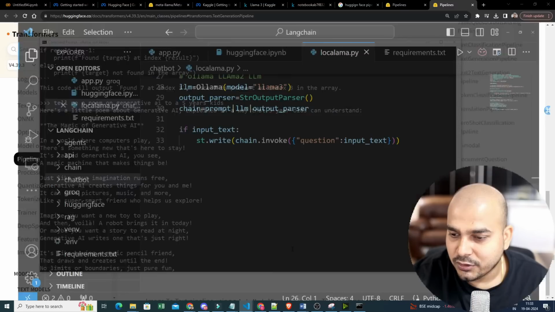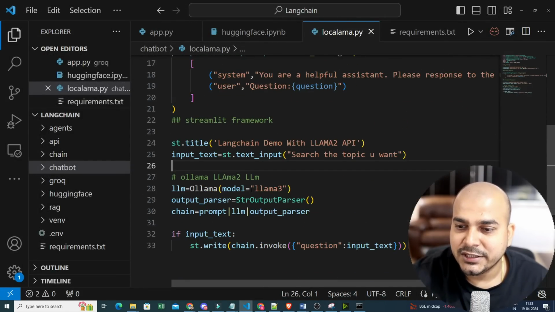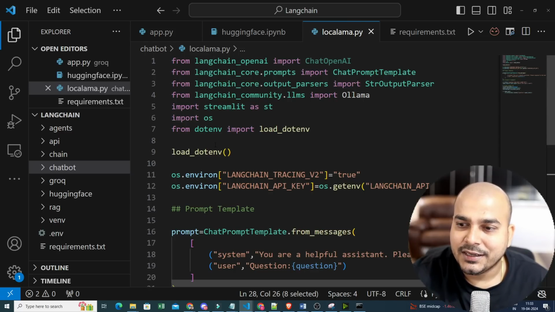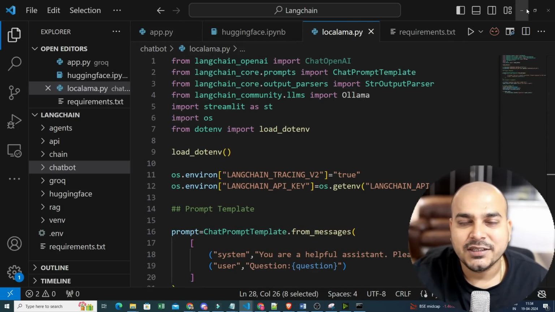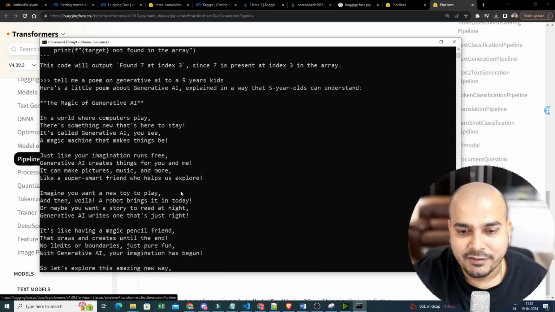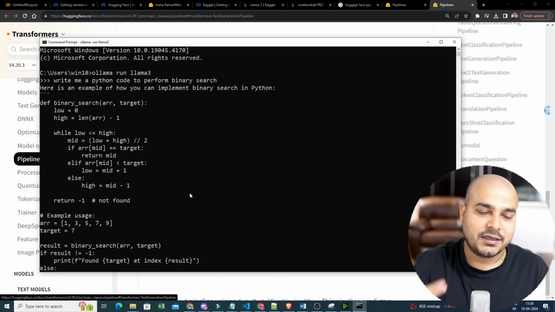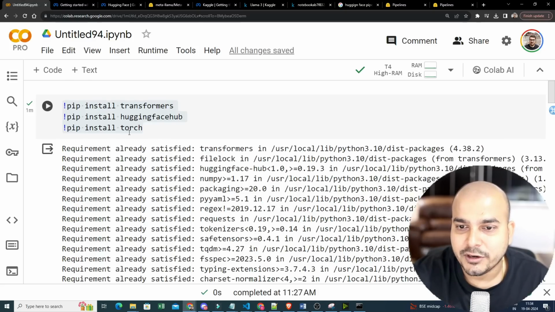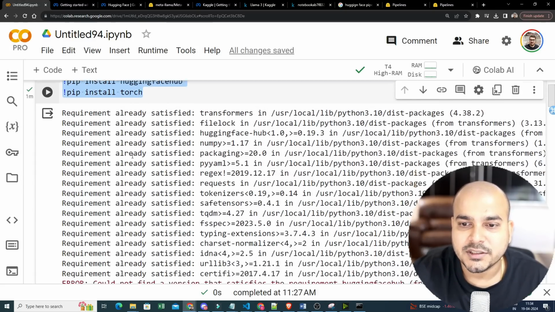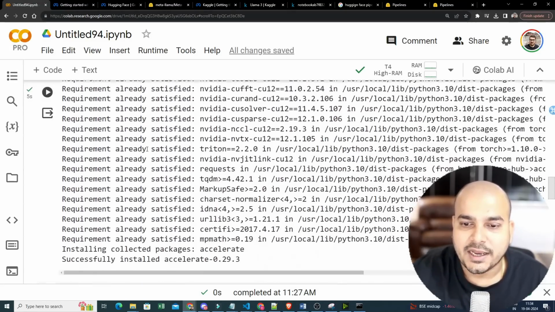If I show you the code, you just need to write the model name as llama3, and I think everything will work. It can be an end-to-end project, it can be anything, but you need to install Ollama there. So these are the two ways that I've got access. One is Hugging Face, where, as I've already told you, we need to install transformers, Hugging Face Hub, Torch, and accelerate,